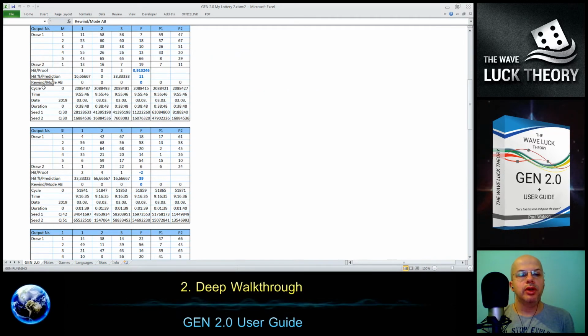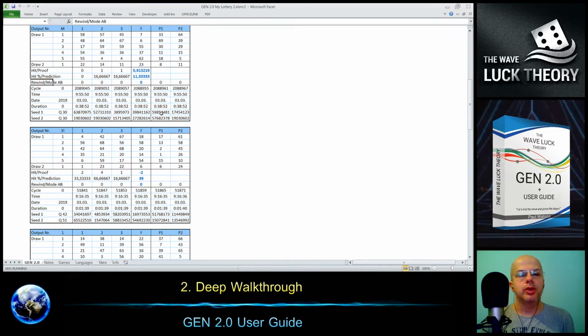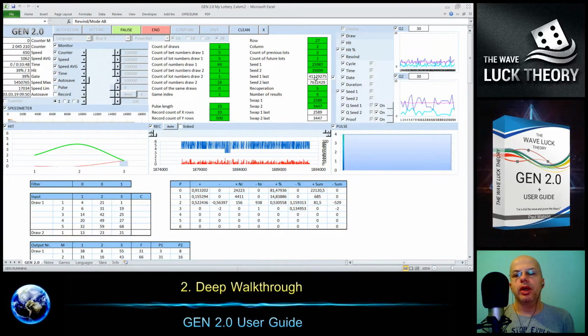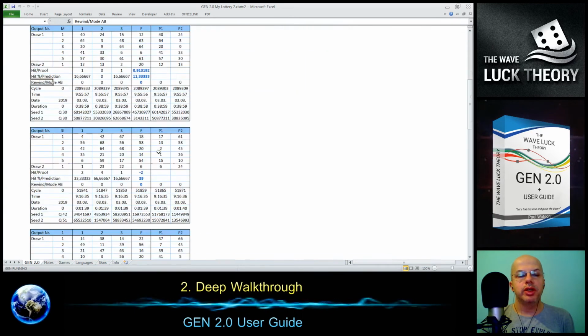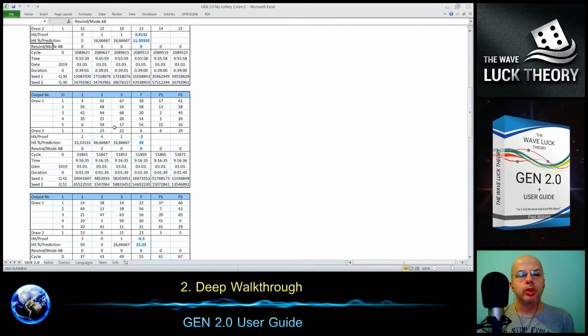Then we have a number of cycles, but these are changing right now as the online monitoring is on. So I will explain that in the best result output box. And this result number 3 was printed after 51,000 cycles, and it was printed at 9 o'clock 60 minutes 35 seconds.